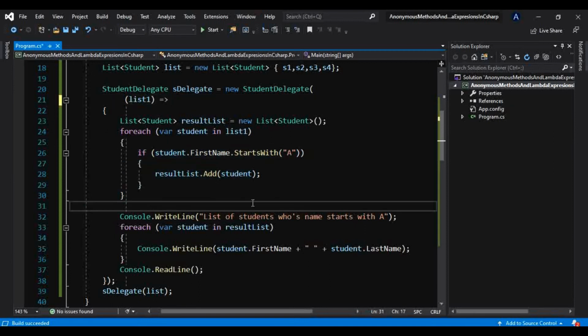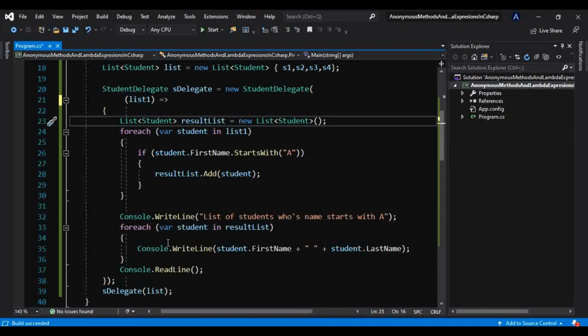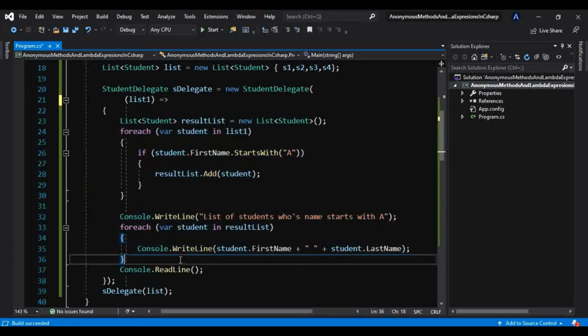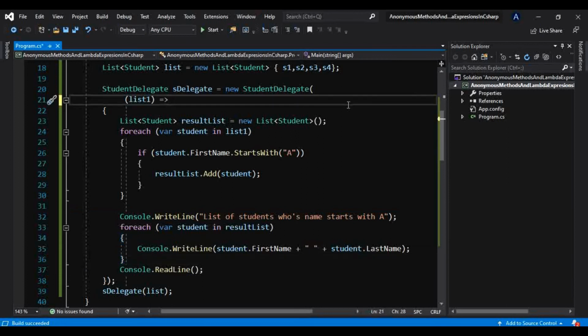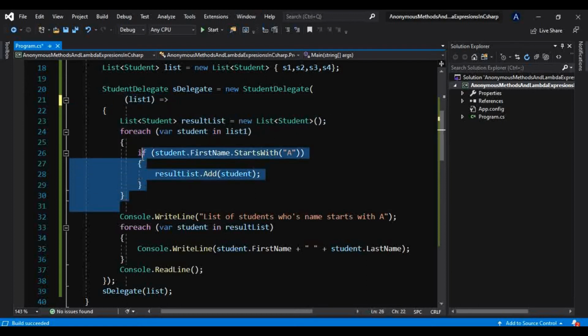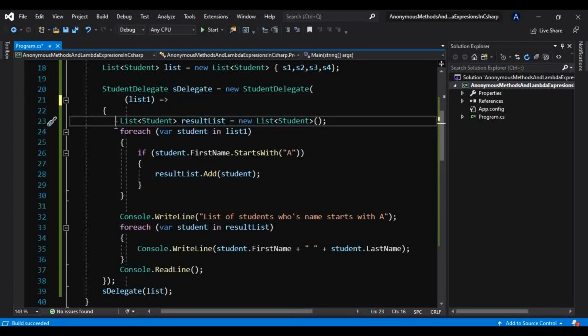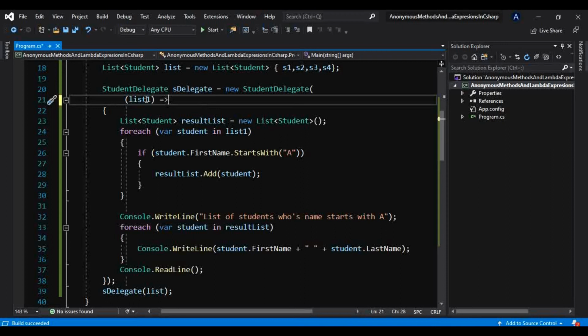Now, as I have told you, we have used this complex method here and created this delegate here, and that is why you will not notice any difference between this anonymous method and this lambda expression. For now this lambda expression may not be shortening the code to a great extent, but to show you that, let me give you another example.